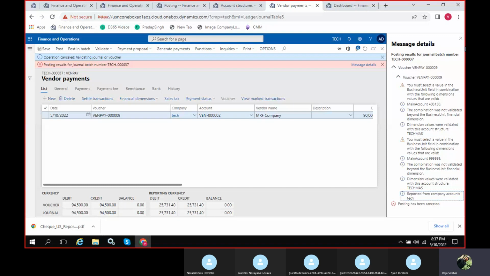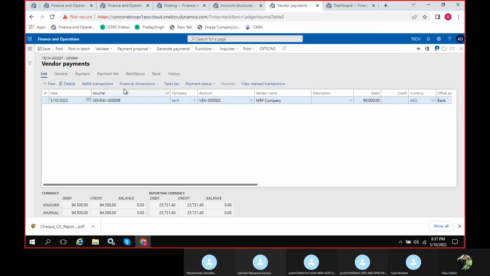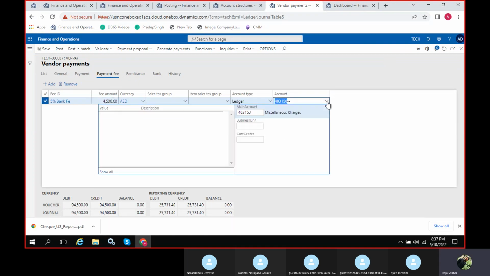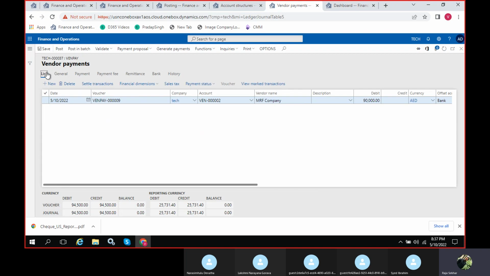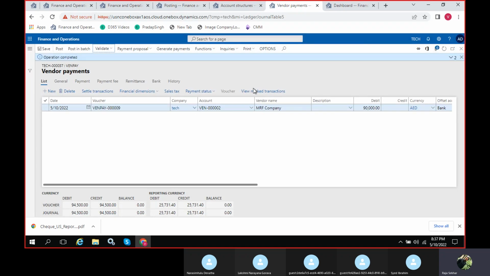So what do you need to do now? How do you fix this, guys? We just need to select the values, that's it. If we select the values, it will pick up. I'll go here, I'll save this one. If you fix this one, you'll become a consultant, that's it.